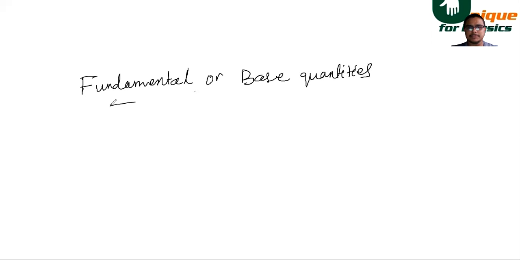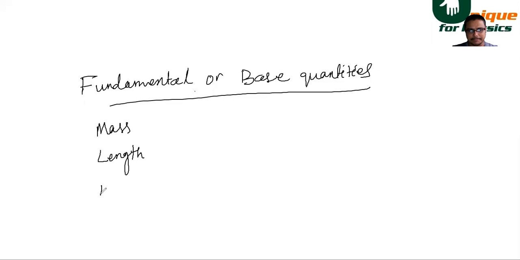One is the mass. Mass is one physical quantity which is very fundamental. Then length, time is also one, right? Then we have temperature,